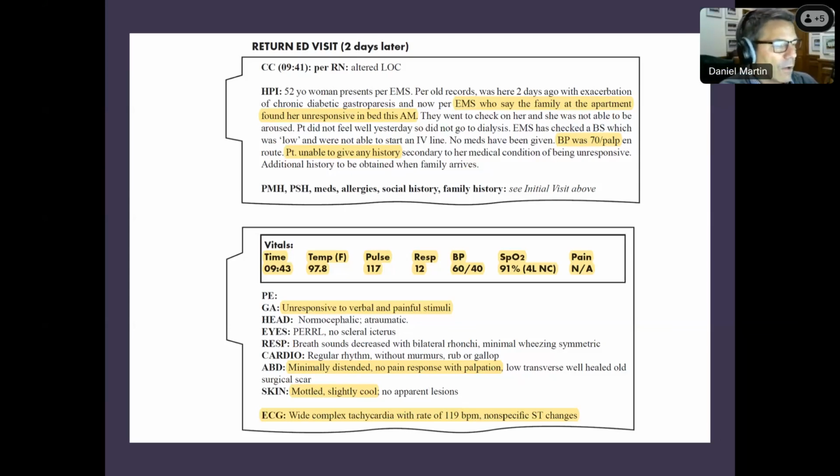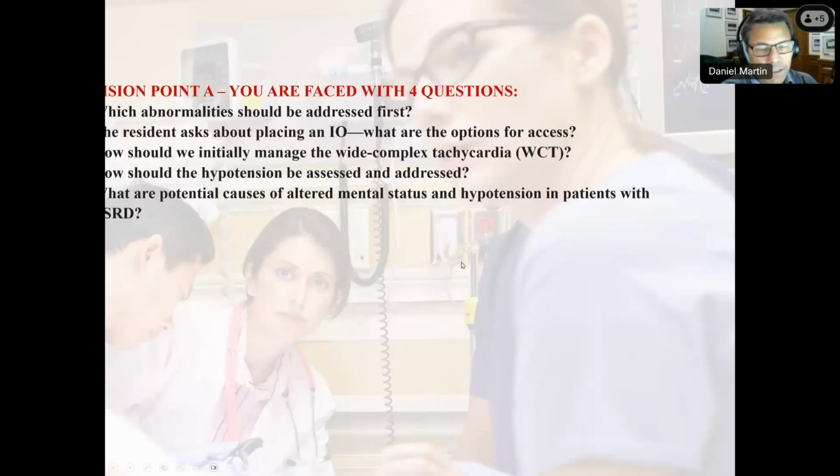I tried to look this up and every study I saw is the same. The success rate with IO is better than a central line. The rapidity is better. It's 2 or 3 minutes compared to 8 to 10, depending on who you read. So I totally agree IO is the way to go. You could argue that you get higher flows with a CVC, but I think you get great flows with IOs. Only exception might be using a Cordis, but I don't think you need flows that much anyway to get this going.